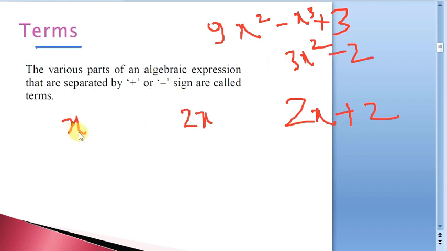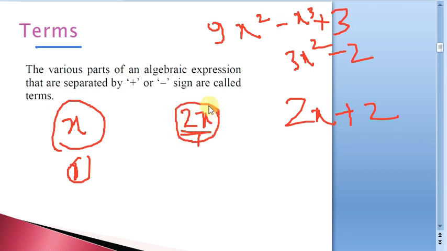The basic definition of algebraic expressions: it is a combination of variables and constants separated by mathematical operators. It is very well justified here. So these are algebraic expressions. Now see here, how many terms are here? Only x is a term, so one term here. Remember, under multiplication we treat the entire thing as only one term. So x is one term, it is multiplying with 2. 2 x's are there, that means these are bound. When you multiply, this becomes an entity altogether. So this is also one term only.